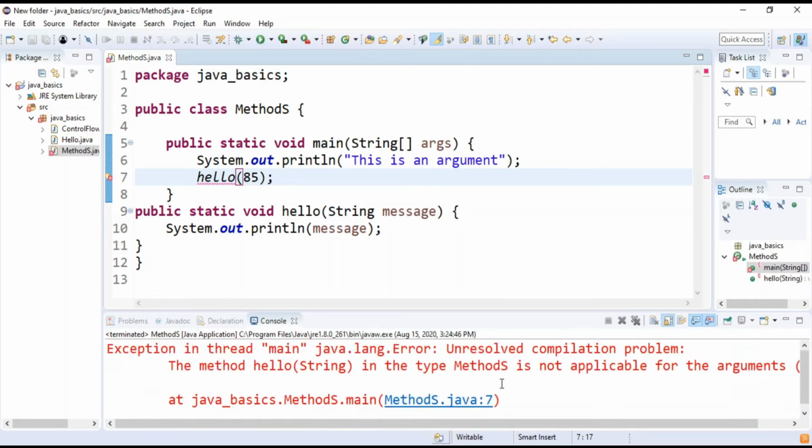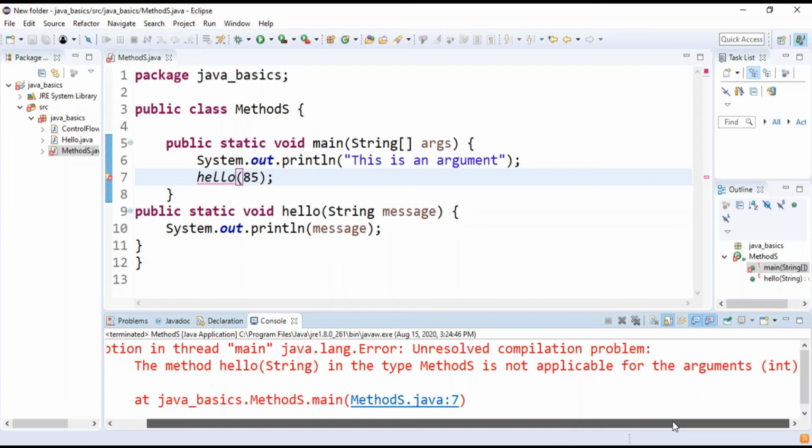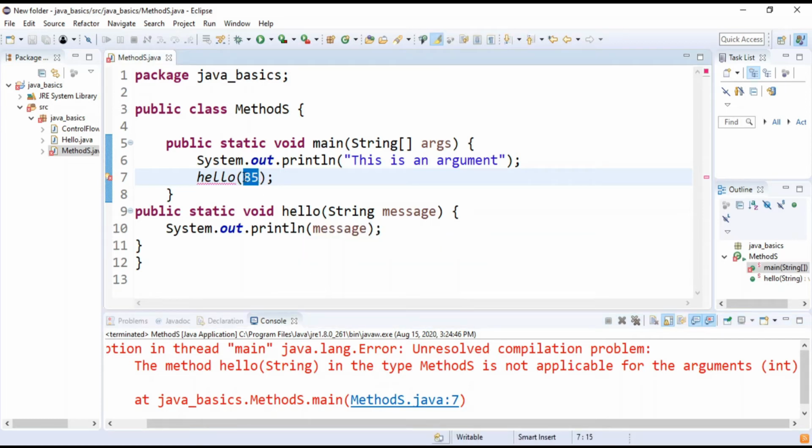It will give me an error. Type unresolved compilation problem. Type methods is not applicable for arguments int. So basically it says that hello over here does not accept int type argument, rather it accepts string type argument.